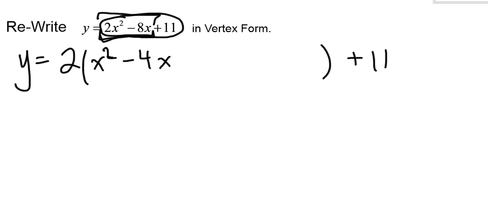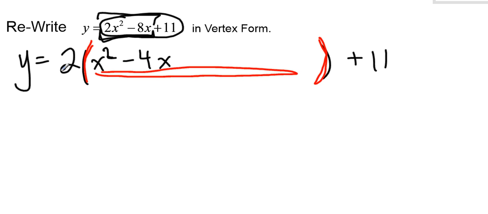So that's what these brackets really are important for right now, is they show me this stuff in the bracket really is supposed to be multiplied by 2. 2 times x squared, 2 times negative 4. The plus 11 doesn't get multiplied by 2. That's why it's not in the bracket. Okay? So, looking at what we have,